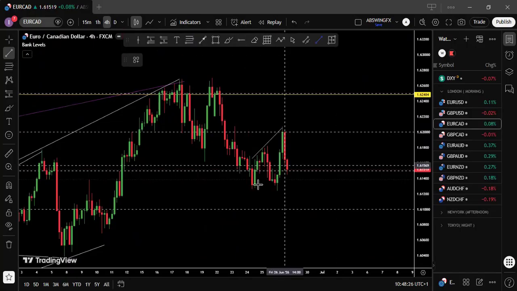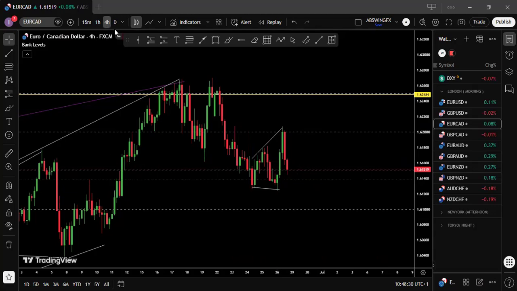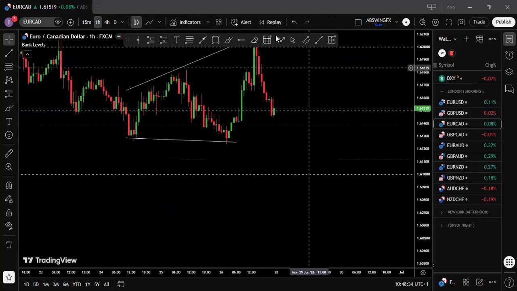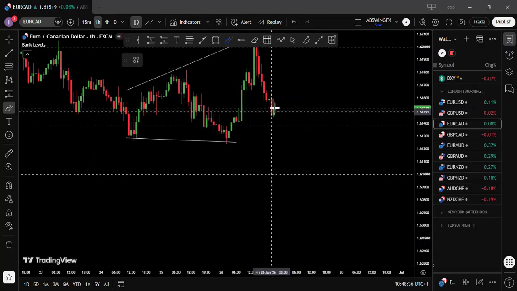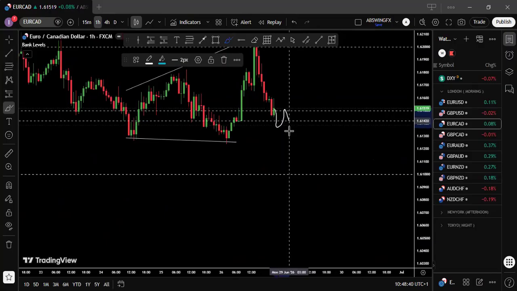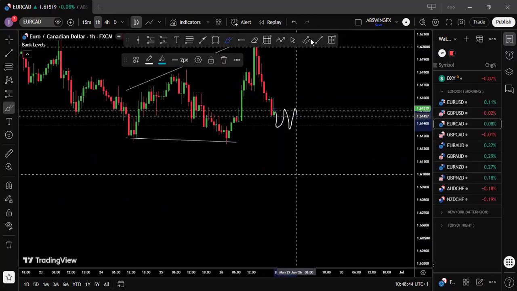So what do you think I would do in this scenario? On the 1 hour time frame, I'm simply waiting for a drop, respect 1, respect 2, then we find entry,